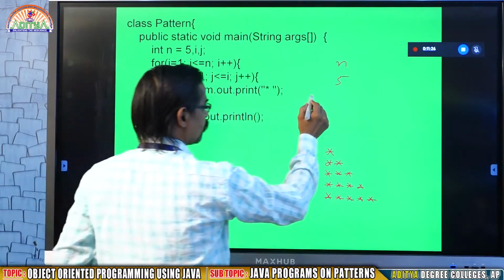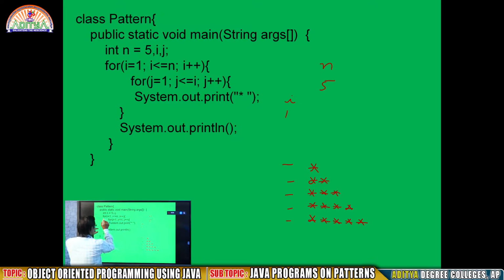Now i value 1. Come into this nested for, now come into the inner for. Now j value. When i value 1, what do I want now? j=1, j less than or equal to i. That means 1 to 1 only, so that loop will run only one time. So the condition is to come down.